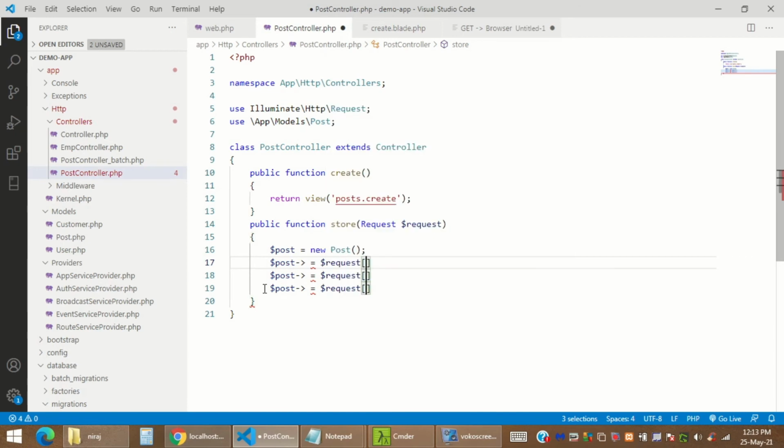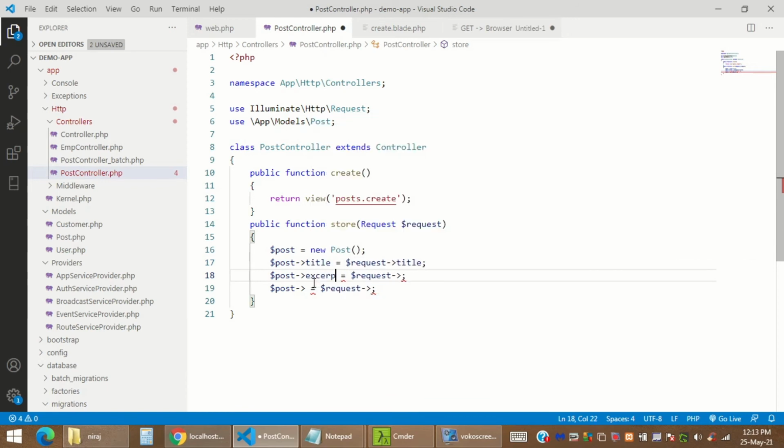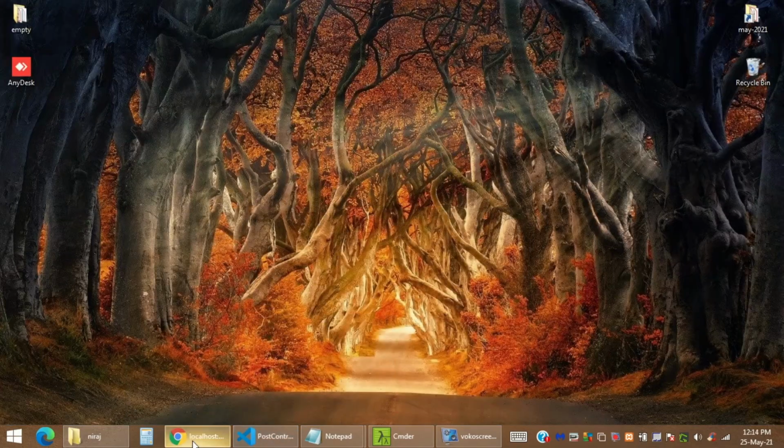At one juncture, $post is nothing but my database variable where it is going to store, and $request is nothing but the information the user provided us. So I'm just going to say that $post->title equals $request->title, and so on and so forth. I'm completing the entire structure and returning it to the browser.